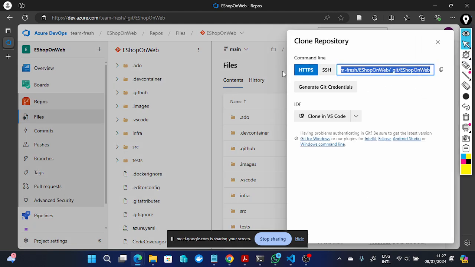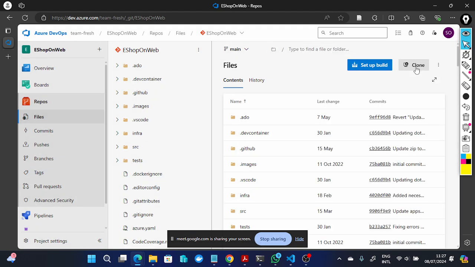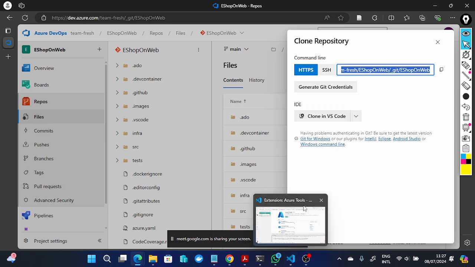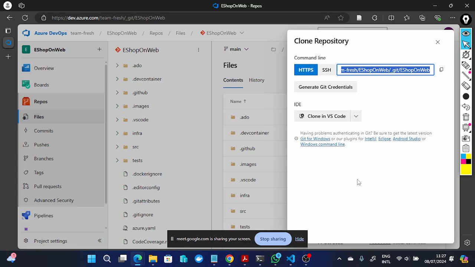So then all you need to do is click the clone button right there. If you have VS Code already installed on your PC and you went through the steps we asked you to do, where you had to configure your username and email, and everything is totally okay, the next thing you can do is say clone in VS Code. This one will ask you to open VS Code if it's not open, and then you follow the rest of